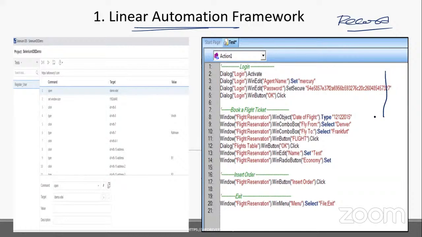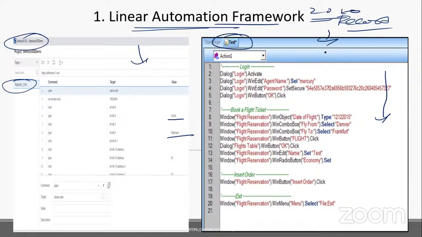When you record, whatever keyboard and mouse events we do, the code is automatically generated. In the same way in Selenium IDE, whatever you do, for example entering a value and clicking on something, it automatically generates the code. And this will be in just a single file. For register user, the entire test case will be in one file. So this is called the linear automation framework. To my knowledge, in 2010 and so on, I was doing only this.